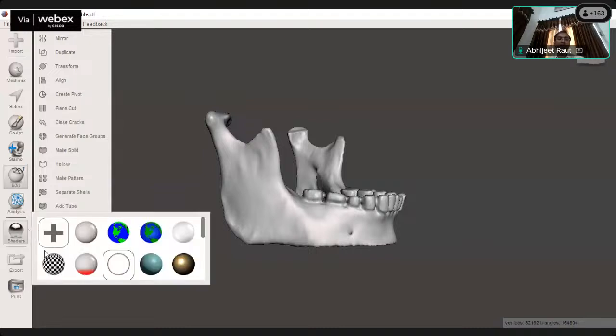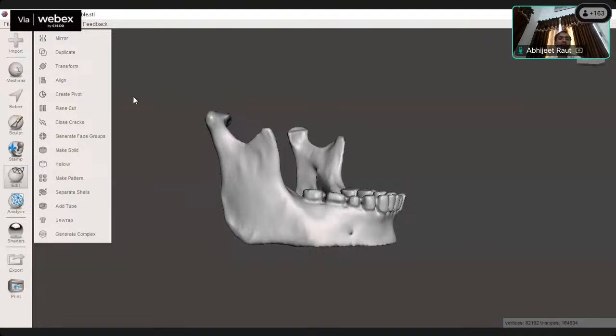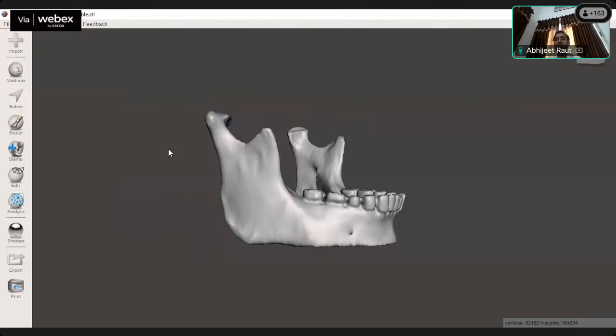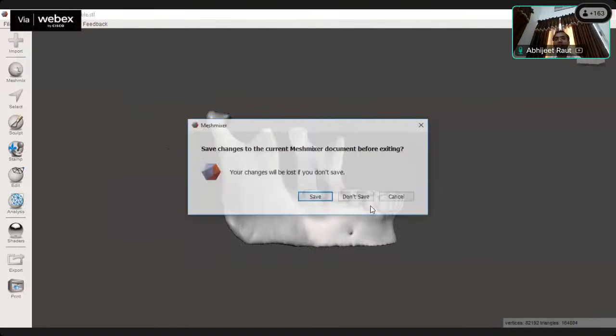Shader, so I told you, the rendering and coloring you can give to this particular STL. Next,